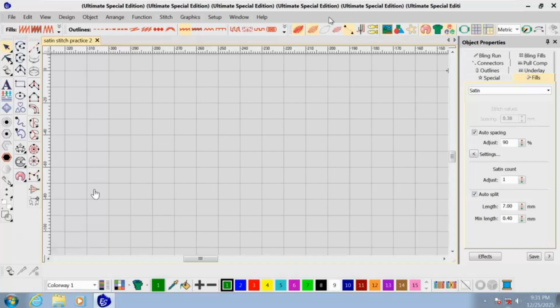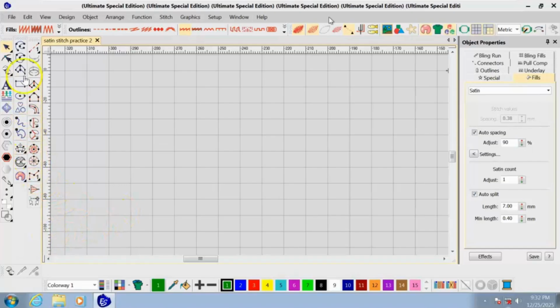In today's video, we are going to learn about column C and how it controls width in satin stitch. I will explain everything slowly and clearly so beginners can easily understand. Let's begin. Column C is used to control the width of a satin stitch. Column A and column B are used to draw the sides, but column C decides the width of the satin stitch. That is why column C is important.